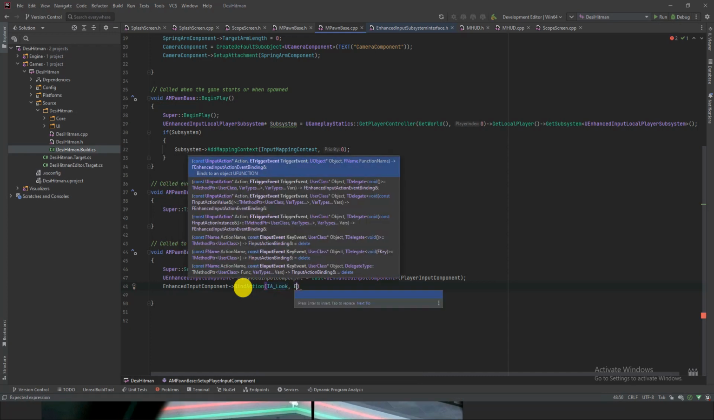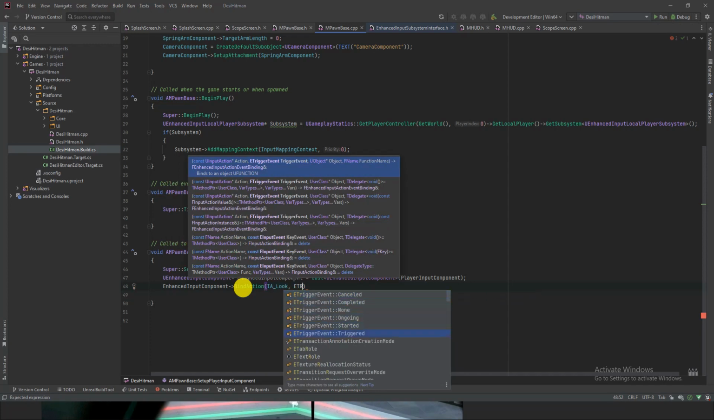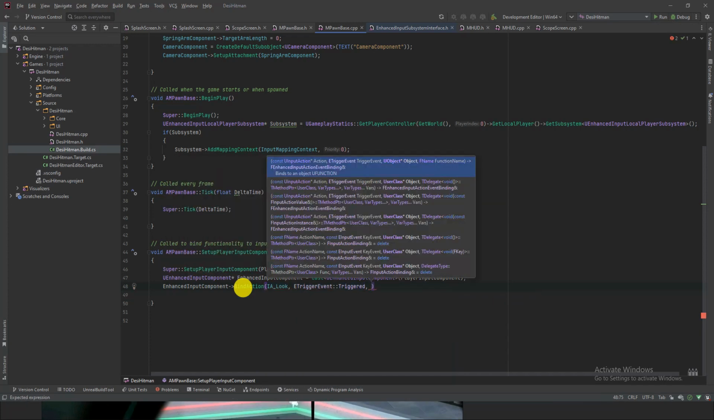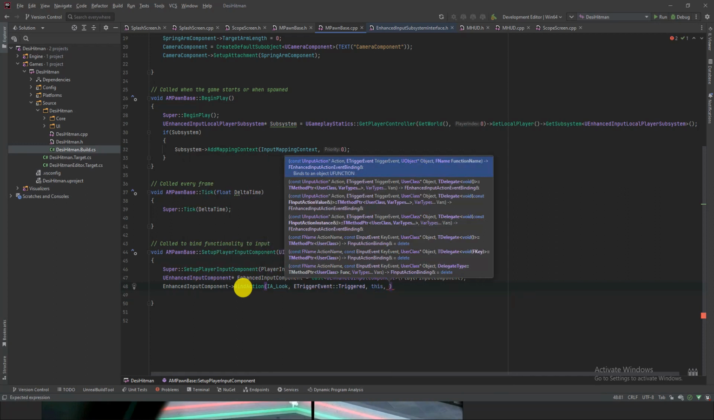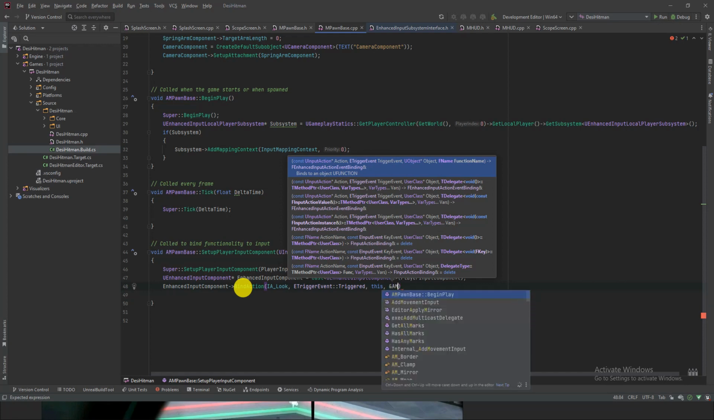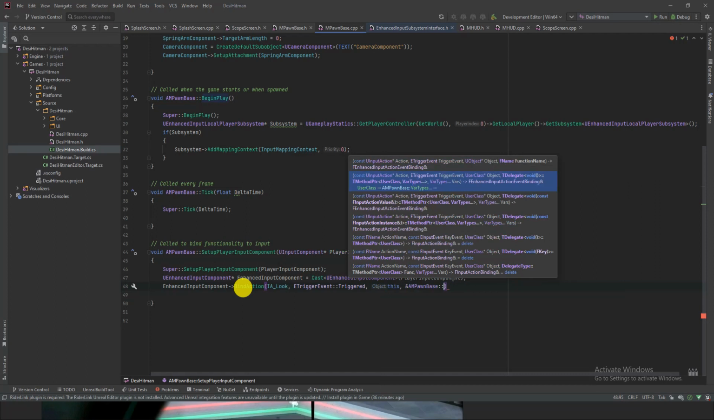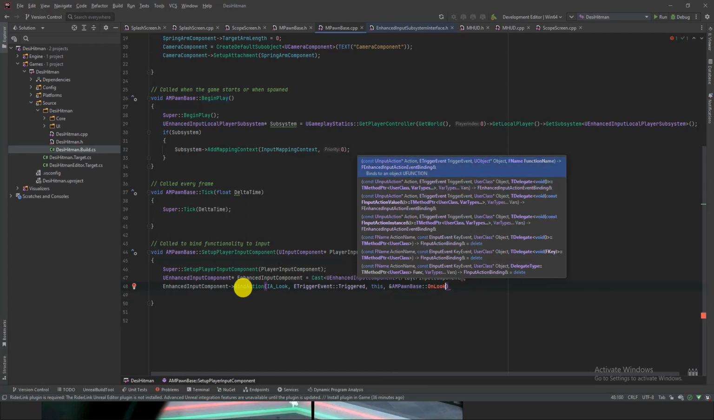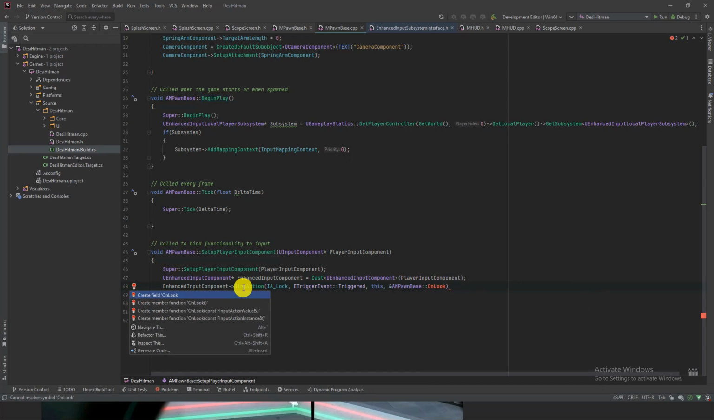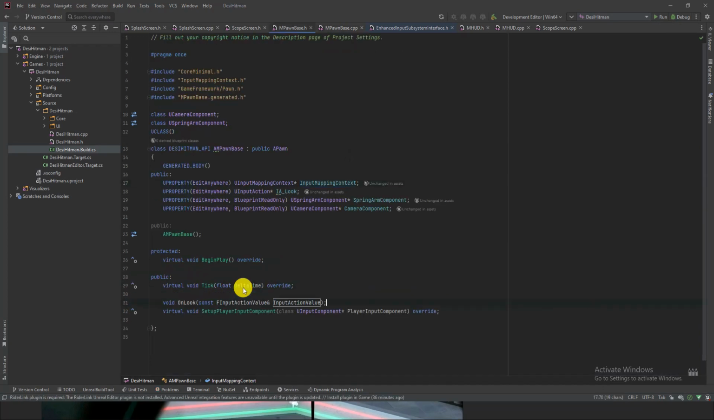Next is on what trigger do we want? ETriggerEvent::Triggered. Next is where this is and the function name. So the function name I will be creating in AMPawnBase. The function name will be OnLook. Press Alt+Enter, create function. I want the first one. Make sure that you are doing that, and I don't think we need to have it in the public, so I will create one private